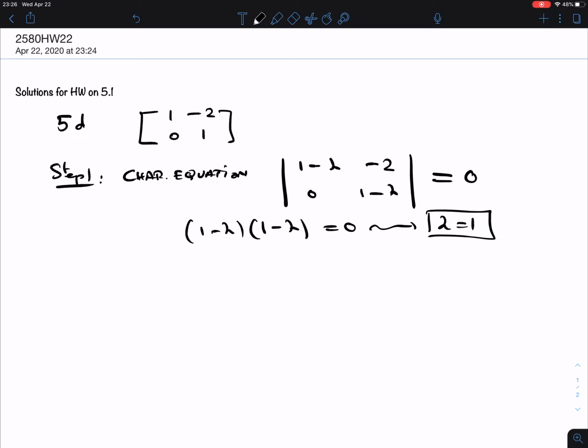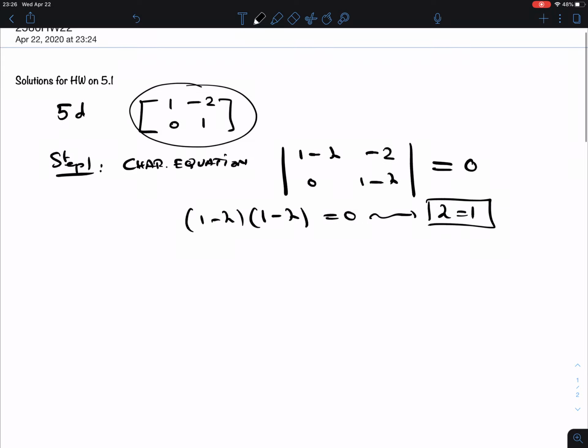If you remember from what I said in the lecture video, for an upper triangular matrix, which this one is, the eigenvalues are just the diagonal elements, which confirms our calculation here. So that was step 1. As I said, very quick. Step 2: well, there's only one eigenvalue, so we will only have one eigenspace. So a basis for the eigenspace